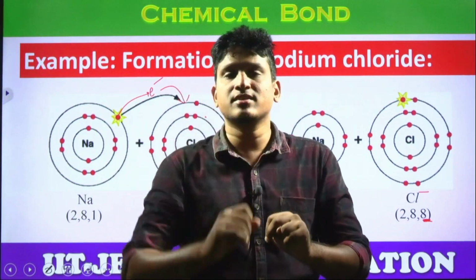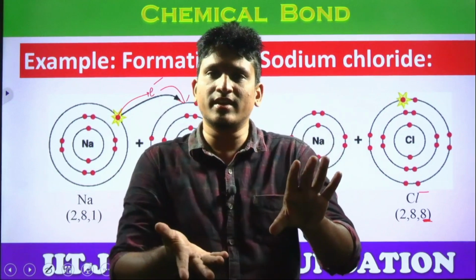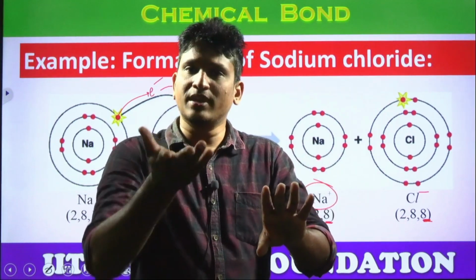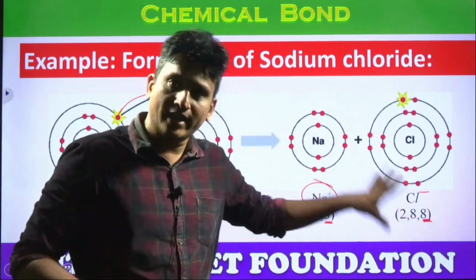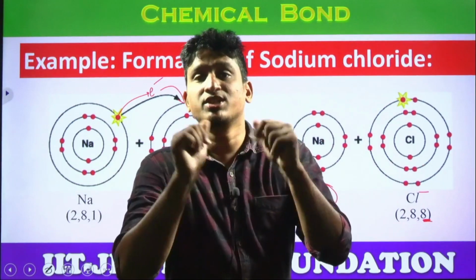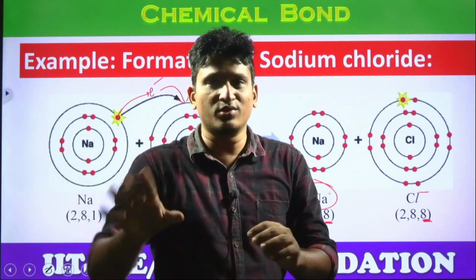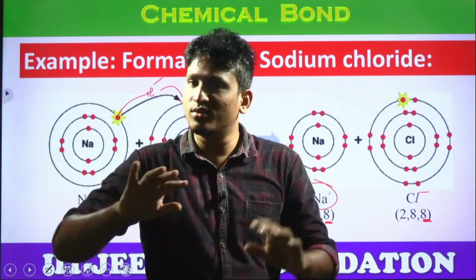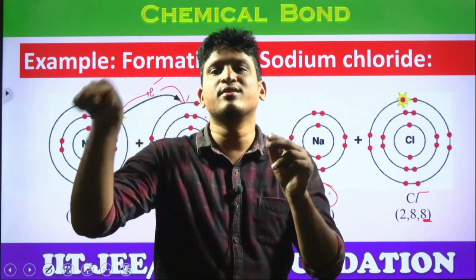But noble gases, they already have 8 electrons, they are stable, they are also neutral, right, students? They have an equal number of protons and electrons. But these ions, do they have an equal number of protons and electrons? They got stability. But are they neutral? No. That's why they are combining. Which ions are combining? Positive will become neutral. +1 equal to 0? No. -1 equal to 0? No. When will it be equal to 0? +1 -1 equal to 0.